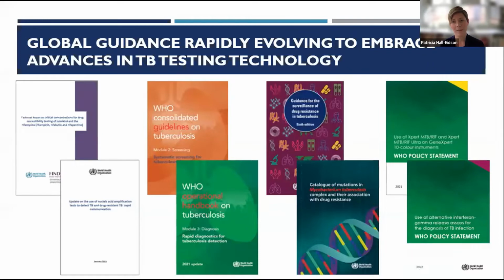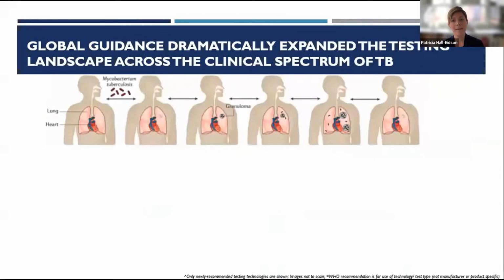Policy statements recommending instruments for near point of care, second-line drug susceptibility testing for TB, and new TB infection skin tests are shown here as example products from that group. All of this is aimed at speeding and expanding the availability of differing tests to meet patient-specific needs. And to give you a sense of the scale of these changes, let's review only the newly recommended tests as